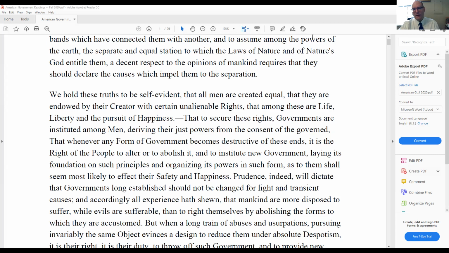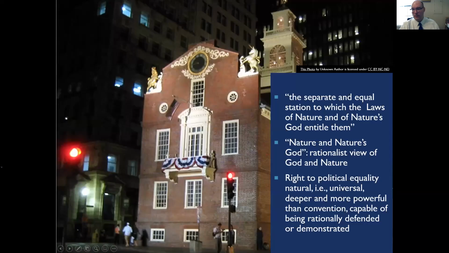But then he says, prudence says you're not going to do this over nothing. You're not going to do this over a minor inconvenience or some relatively minor thing that you disagree with, a law or something that the government is doing. It's going to be something very serious and a sustained pattern of abuses, which is really what the rest of the document is about, explaining the things that the king has done that they feel justify this fairly obviously radical and irrevocable and very dramatic and very dangerous act of rebellion, okay?